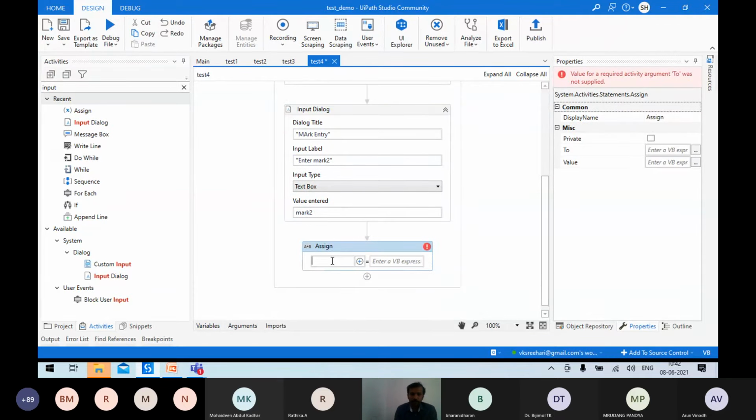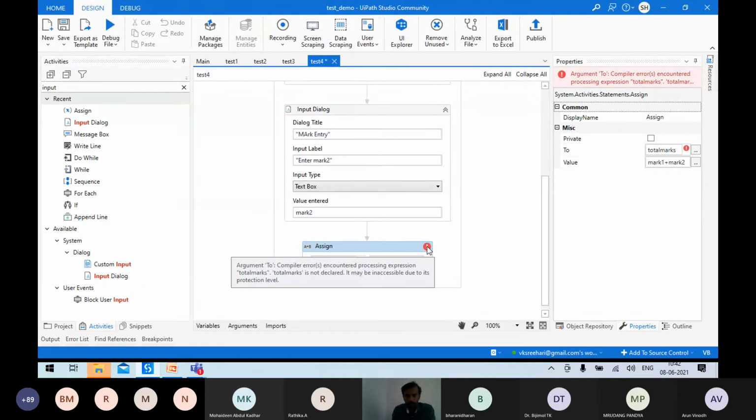We'll declare a variable here like total mark, and we'll give the expression for how this total mark needs to be calculated. So I can say it as mark1 plus mark2.